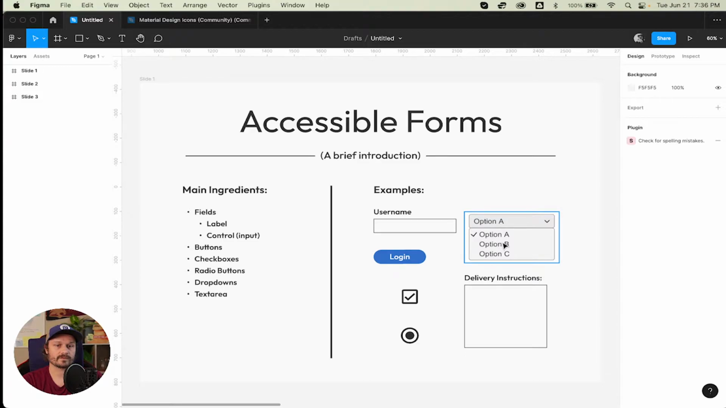For example, if you're choosing a size of a shirt, you would have your different sizes here. And then we also have text area. An example of a text area would be, I guess I sort of went with an e-commerce theme so